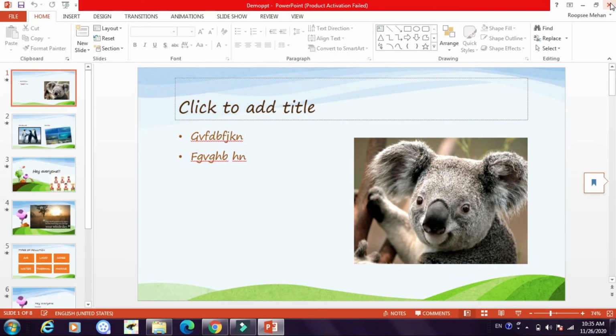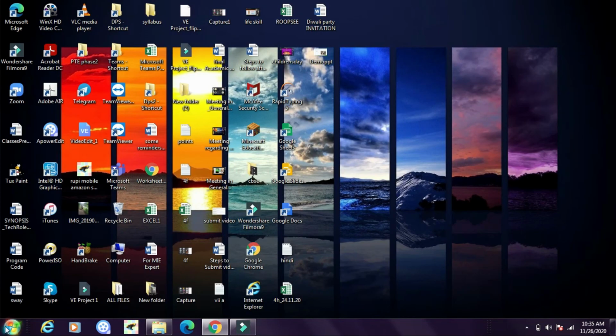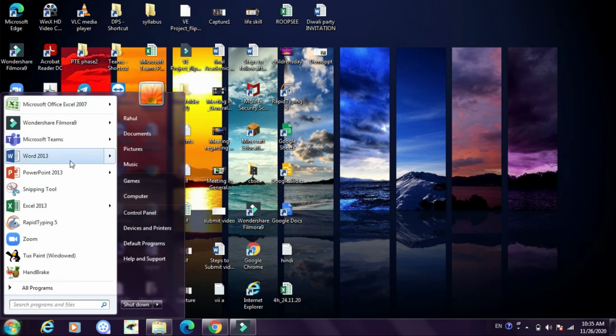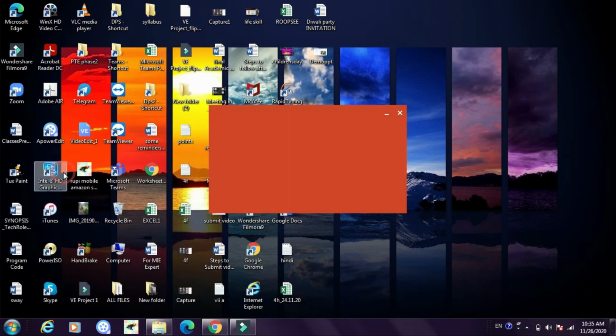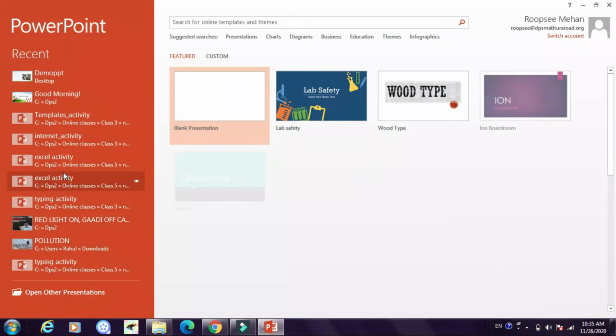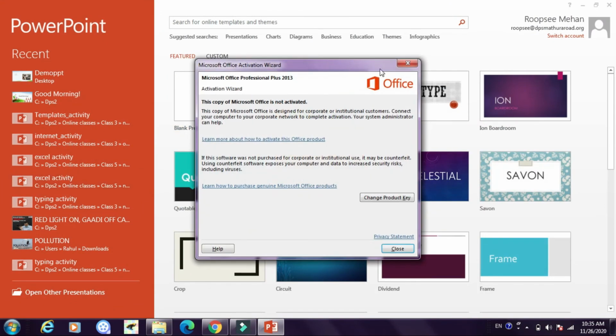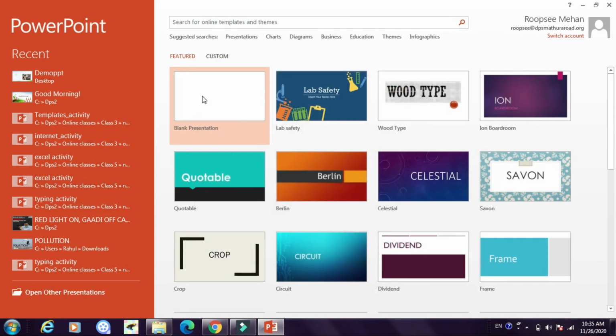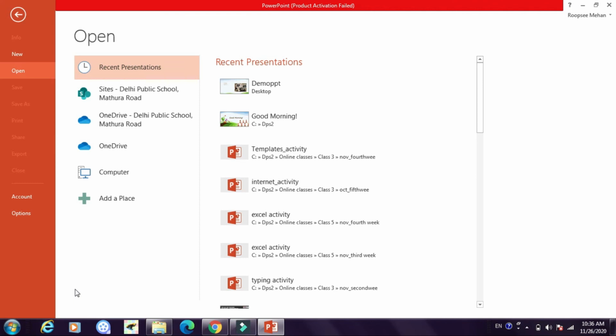One more way is, let's see one more way. Open PowerPoint. I am going on Start, opening my PowerPoint. Right. Now I will click on Open Other Presentations. From here, if it is recently saved, you can see over here, or you can browse your computer.